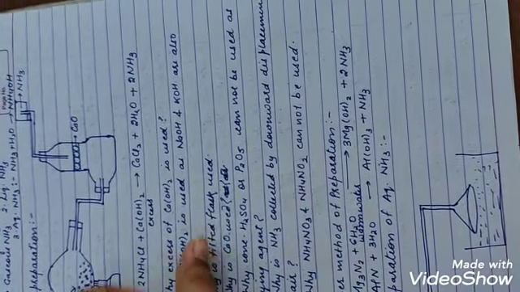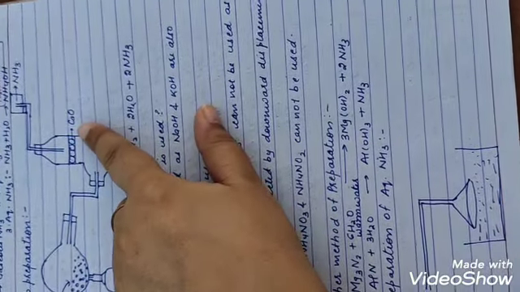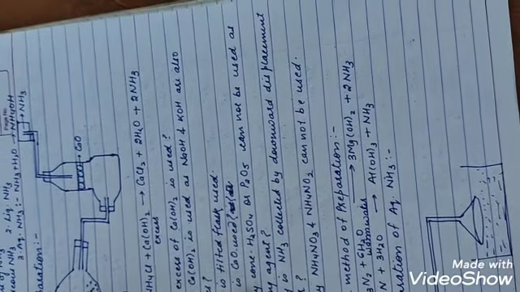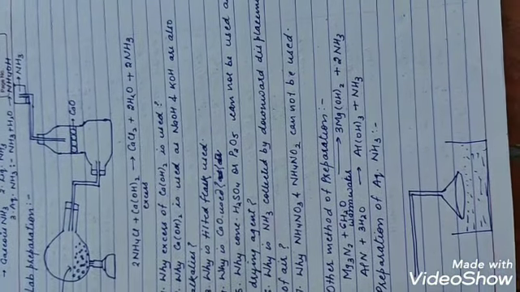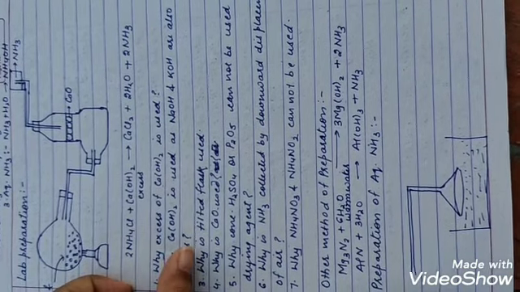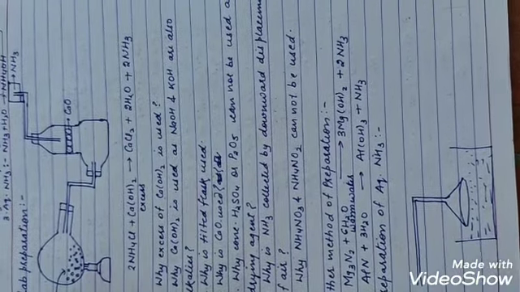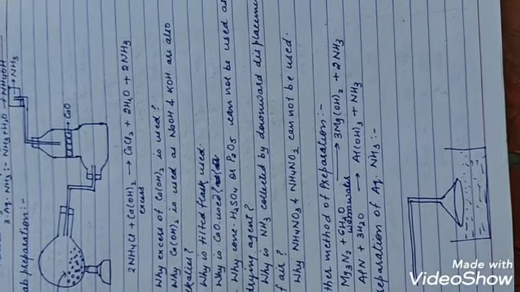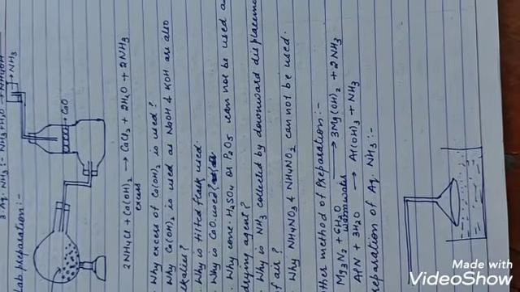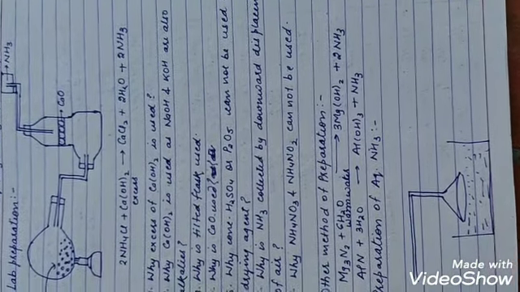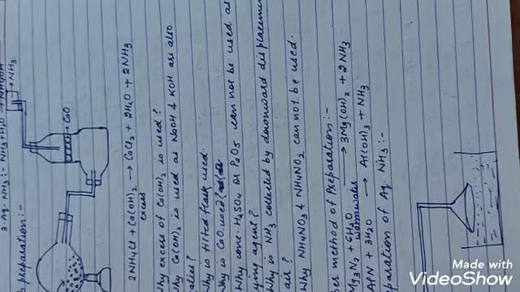Why is CaO used? What is the use of CaO? It is acting as a drying agent. In our last chapter we learned that concentrated H2SO4 is used as a drying agent. So why is it not used here, or P2O5? Because they will react with NH3. So always remember, HCl is dried by concentrated H2SO4 and ammonia is dried by CaO.